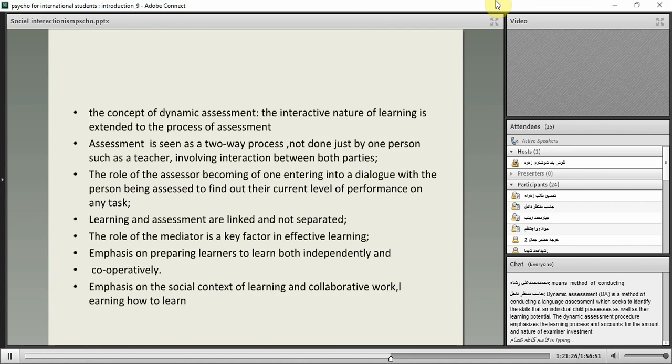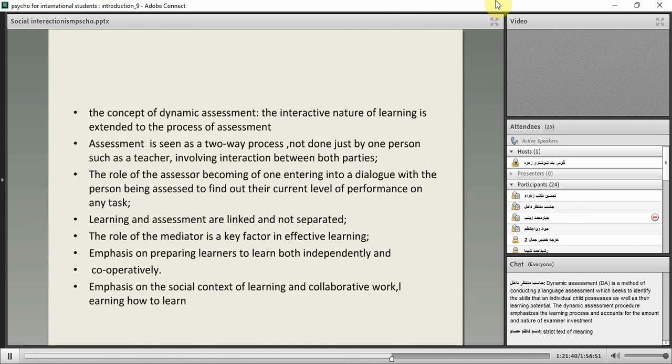So the emphasis is on preparing learners to learn both independently and cooperatively, and on the social context of learning and collaborative work. It is learning how to learn, right? So even when we get students into problem-solving activities and help them solve the problem, it is a better way of evaluating their performance rather than giving them just an end-of-the-class or end-of-the-term or midterm